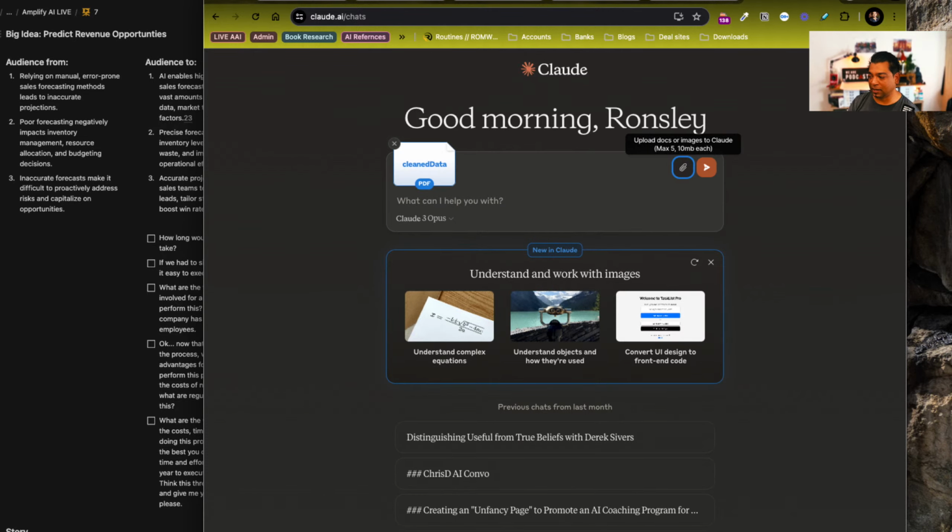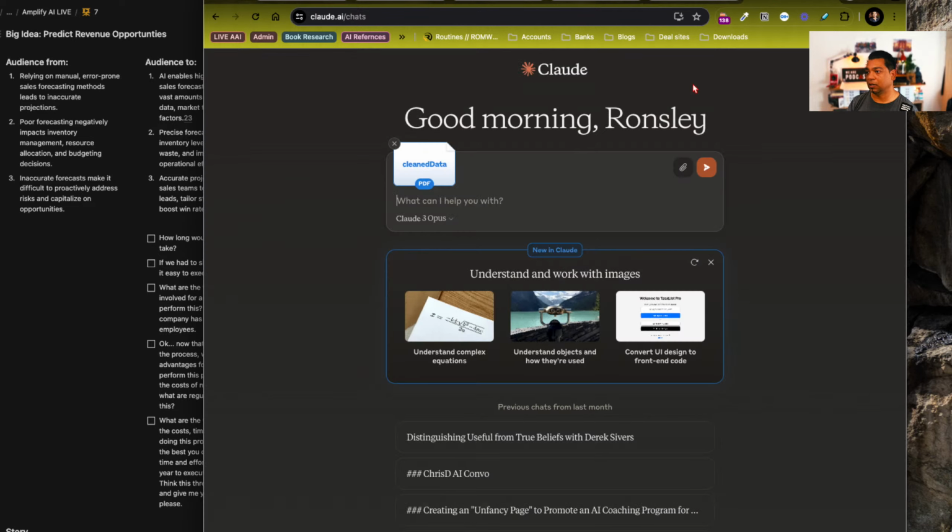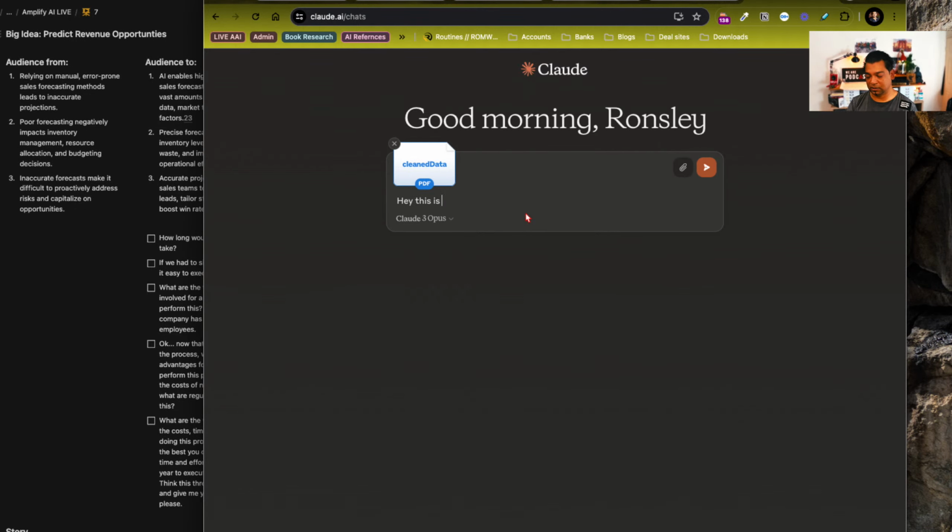Now, what I've done in the data is I've actually removed email addresses and phone numbers and addresses and anything that is linking the person. All I want to know is there is a field here. What is the number one thing you want to learn as an AI geek? So I'll just copy that, and I'll go, hey, this is data from my email database. I'm after the answers to the question